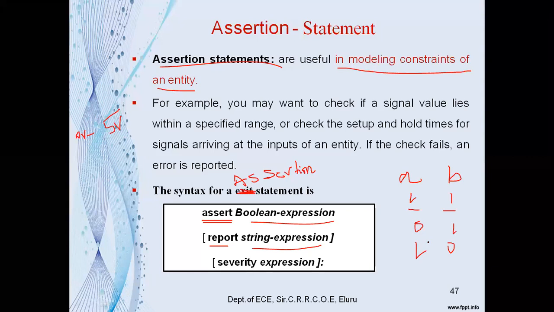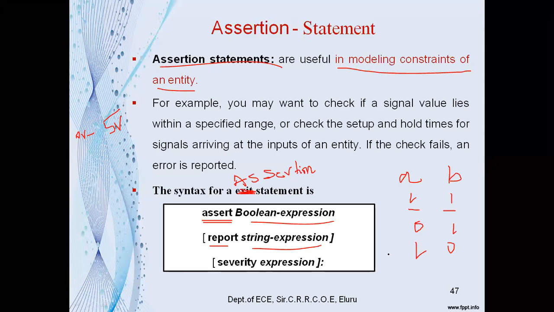But when you get a warning or an error, their severity levels are high compared with the note. And if you have a severity level like failure, you may say it is the highest severity level compared to errors and warnings, because errors and warnings can be modified, whereas with failures you have to go back to the beginning of the code to check where exactly the errors or warnings are in that VHDL code.